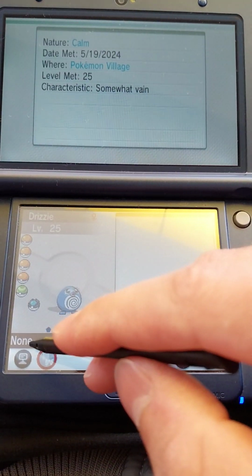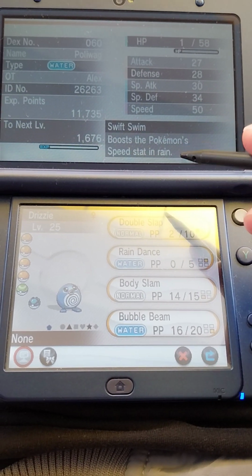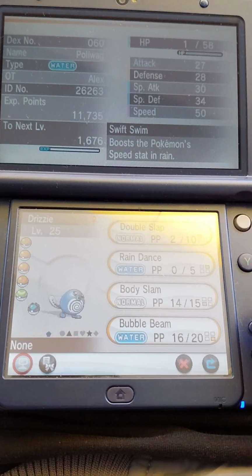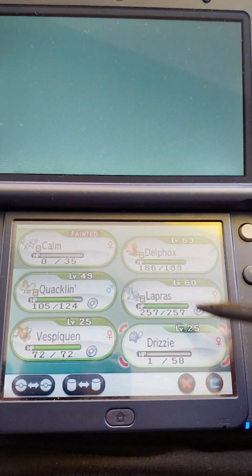So, it has the hidden ability Swift Swim, which boosts the Pokemon's speed in rain. When it reaches its final form, it'll become Drizzle. So, how do you actually find one? Now, check this out. First, I have...